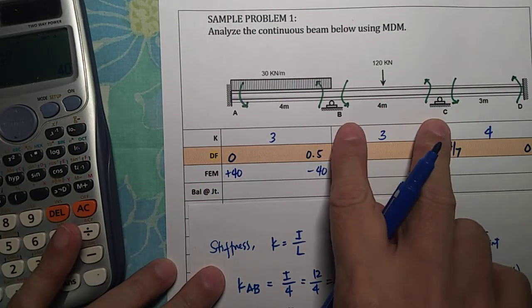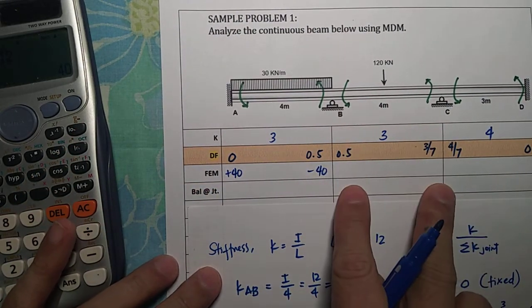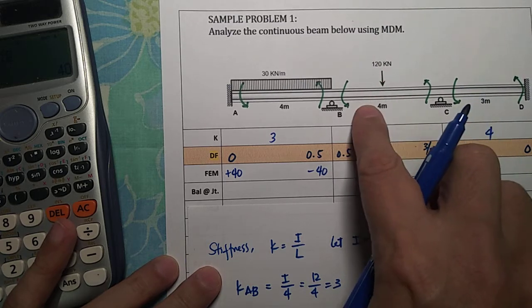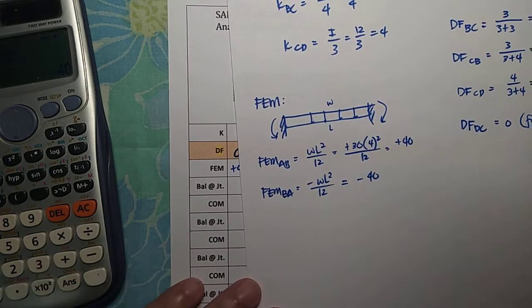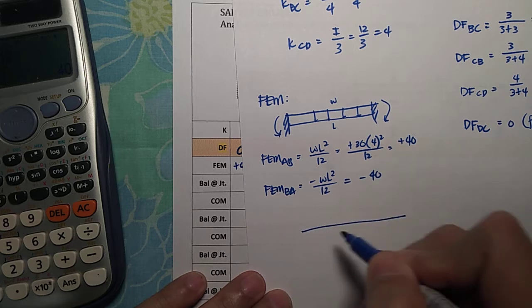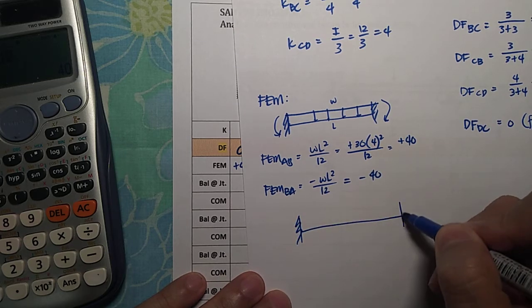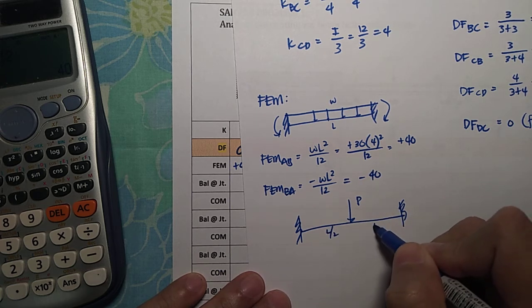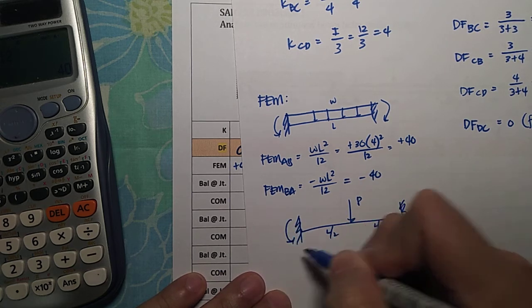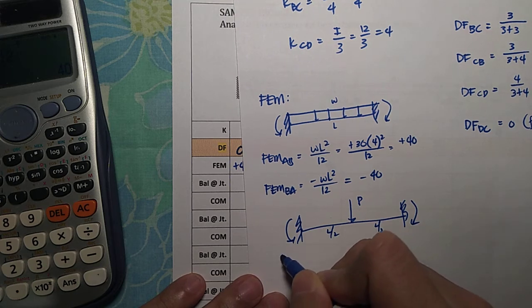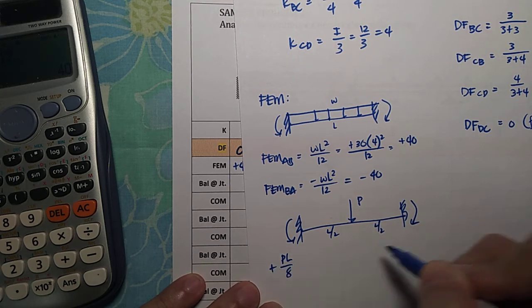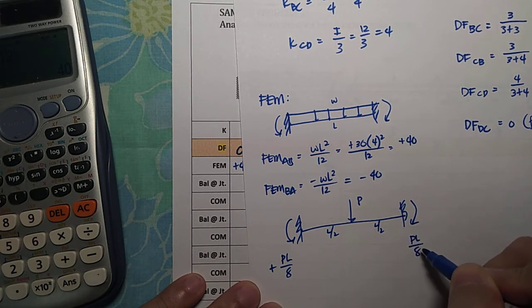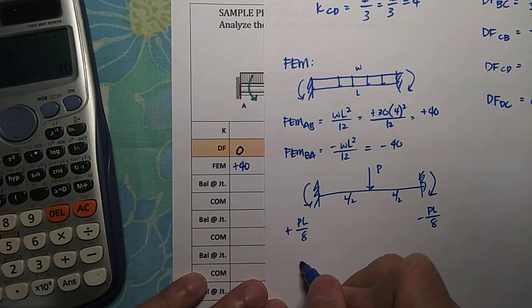What about for the span of BC? What is the fixed end moment? So that is a concentrated load at the midspan. So for concentrated load at midspan, L over 2, L over 2, counterclockwise, this is clockwise, this is PL over 8, positive, and this one is PL over 8, negative. So therefore, the